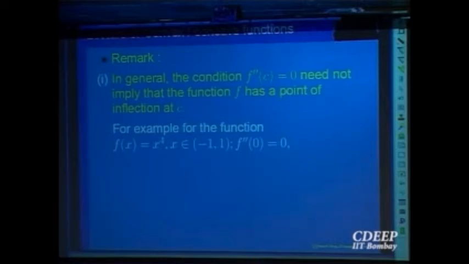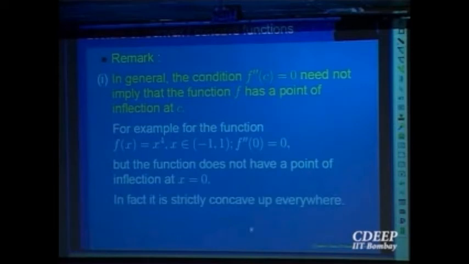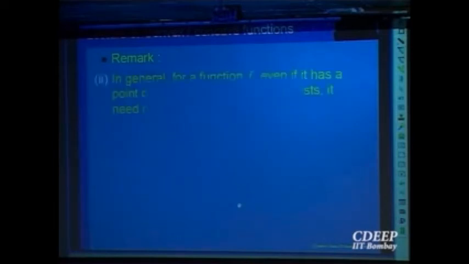So once again, f double prime equal to 0 only gives you possible points where the function can have points of inflection. You have to test it by the first derivative test or by definition. And similarly, for the third derivative, that sufficiency thing, at a point of inflection the third derivative exists, but it need not be not equal to 0. We had that the third derivative not being 0 implied a point of inflection, that is sufficient, but the converse is not true. So another example where this is not true,